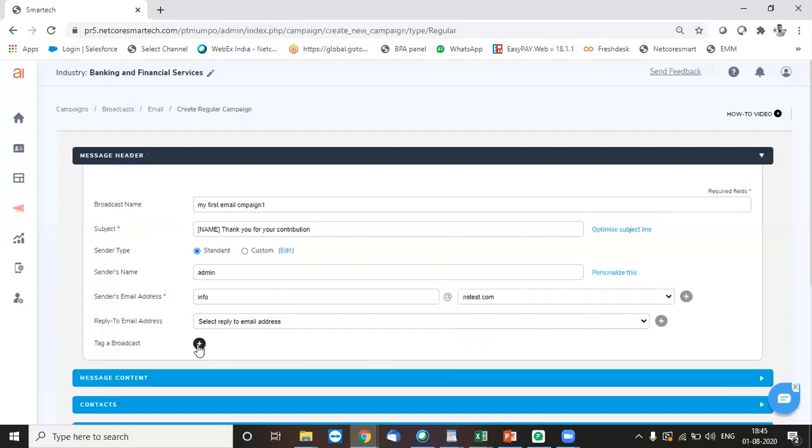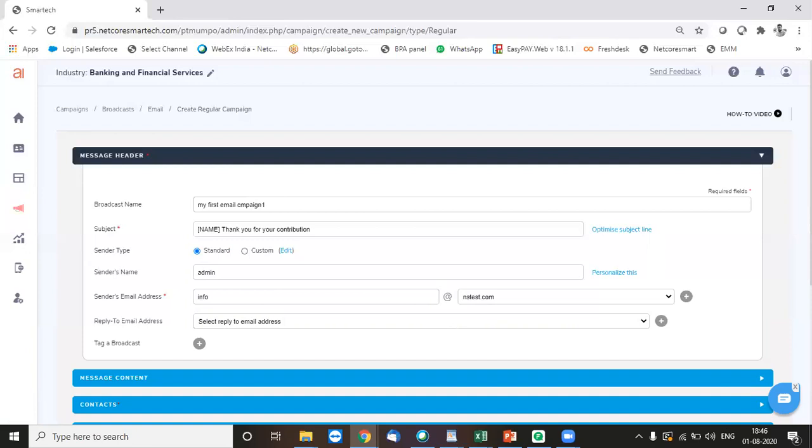You can tag the campaign as well. Tagging is basically just like creating a reference or a family of campaigns. So if I'm going to create campaigns, especially for, let's say, COVID-19 pandemic alertness, I'll tag whatever campaigns I'm doing within this COVID period accordingly, like COVID-19 alerts.